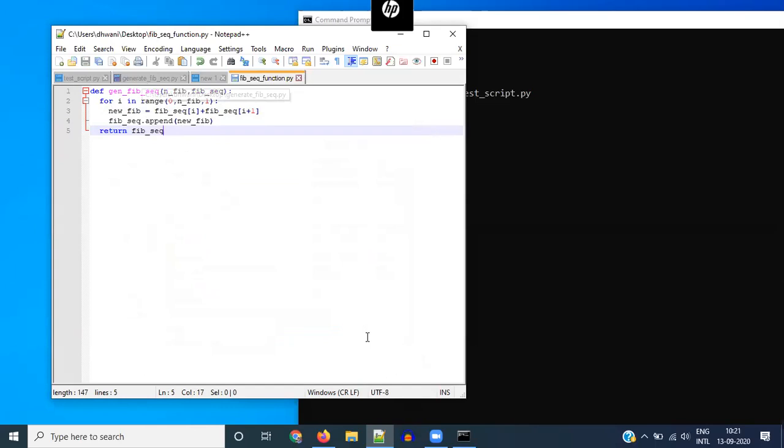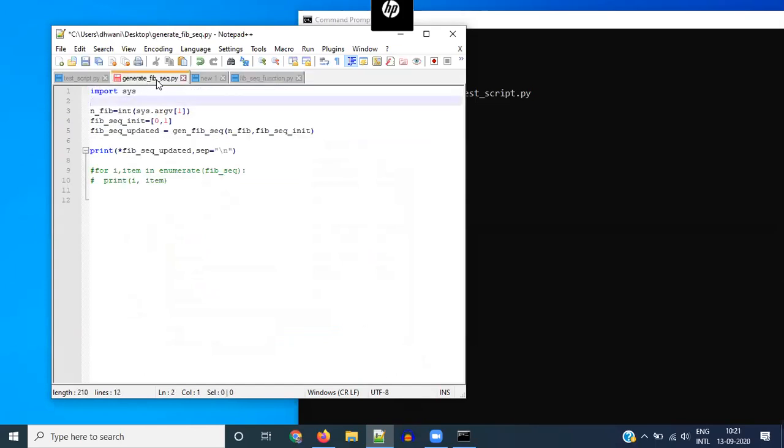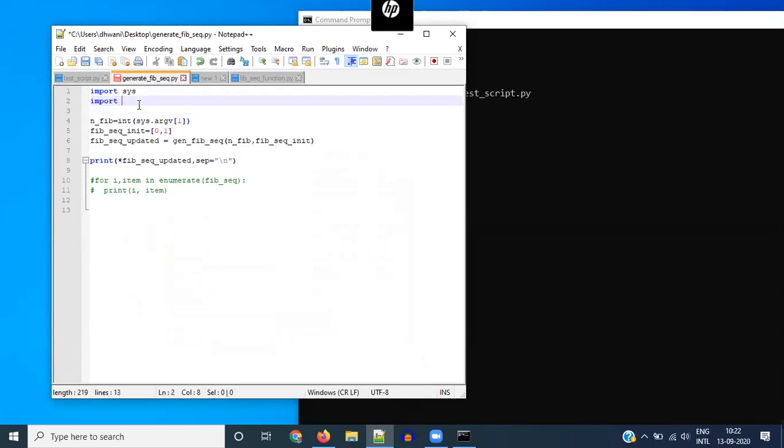Next, we go back to our main file, which is the generate Fibonacci sequence, and we'll say import fib_seq function. So this fib_seq function is just referring to the file that we just wrote, .py. You do not have to write .py when you write import.